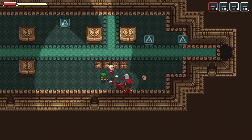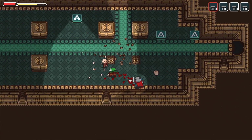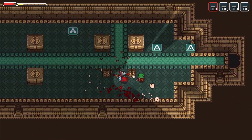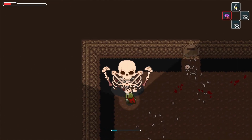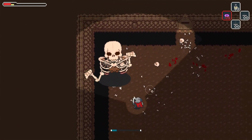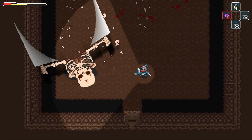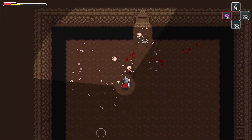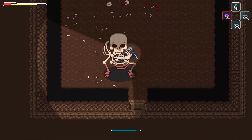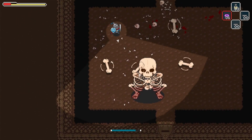It also has a unique stealth mechanic and field of vision that your character has as you go through the dungeons. So you'll only be able to attack enemies if they're in your line of sight, and that will change depending on what obstacles might be in your way. On top of that, monsters will have the same type of mechanic, so if you're not in their line of sight, they can't see you and can't attack you. So it can lead to some unique strategy where you'll need to move around the board and attack enemies to